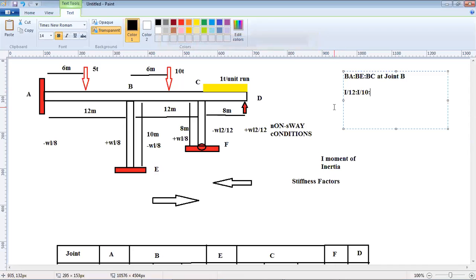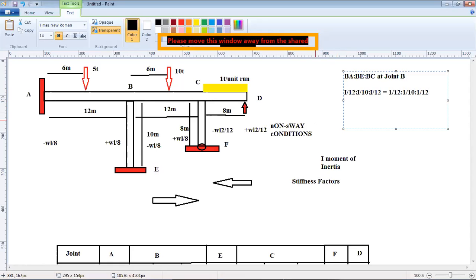L is 10. For BC, it's I. The other end is continuous. It's I divided by 12. So the distribution is in the form of 1 by 12 is to 1 by 10 is to 1 by 12 for these three, BA, BE, and BC. Now 1 by 12 is 0.083, 1 by 10 is 0.1, and 1 by 12 is 0.083. So this ratio is, if I first take 0.083 divided by 0.1,